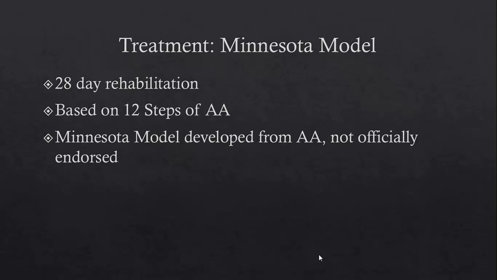Okay, another treatment model. Again, AA isn't exactly treatment, but it's often used in conjunction with treatment. Counselors will often tell people, okay, as part of your counseling here, we'll do the professional counseling, we'll do the professional psychology. We still think you should go to AA on the evenings and on the weekends. So a similar treatment model to AA is what's called the Minnesota model of treatment. This developed out of AA. It's professional psychologists and counselors who use the 12 steps of AA. But AA doesn't officially endorse the Minnesota model. It's just that the Minnesota model kind of took AA steps and uses them in a professional setting.